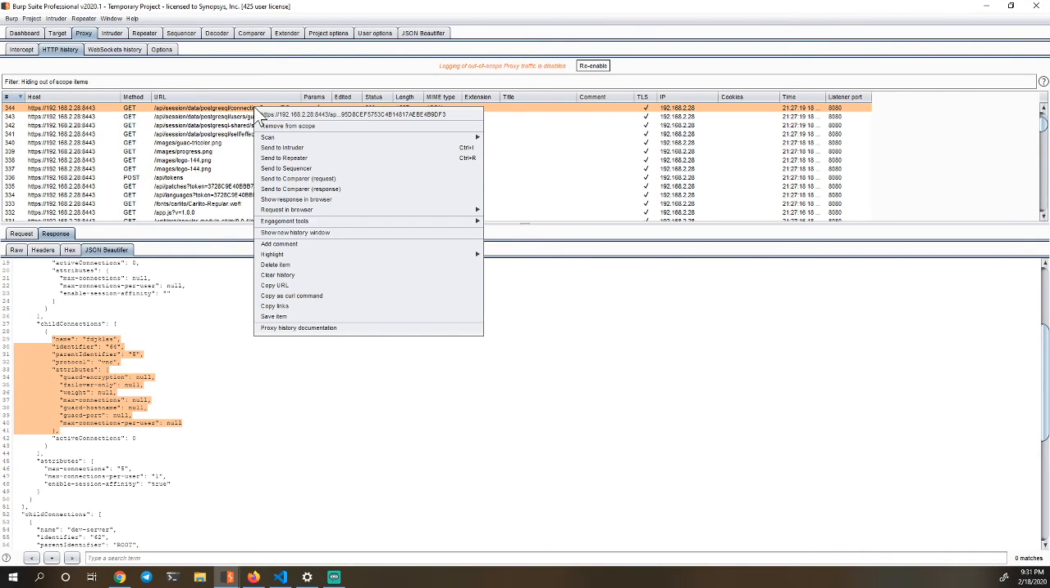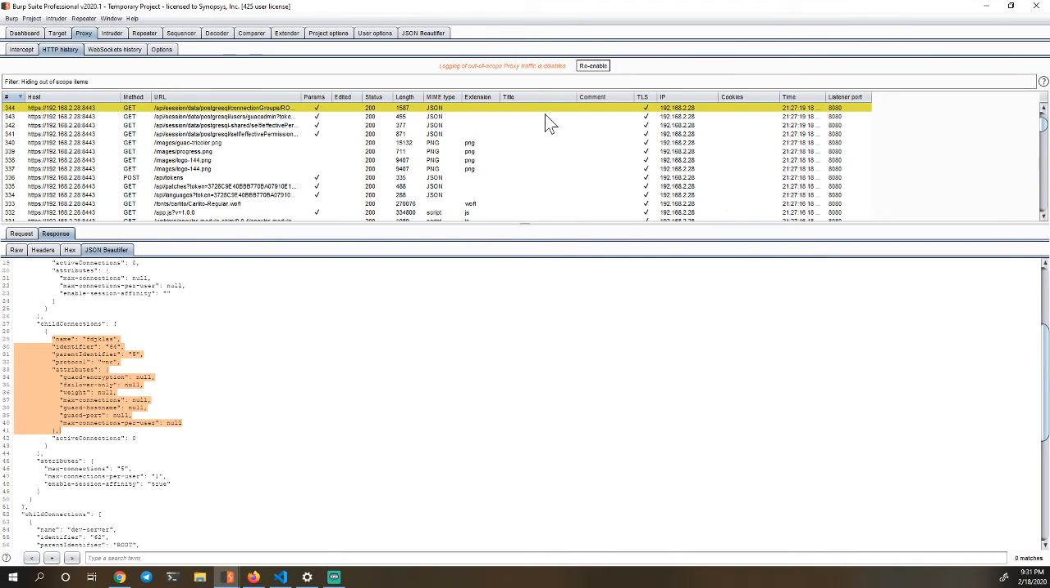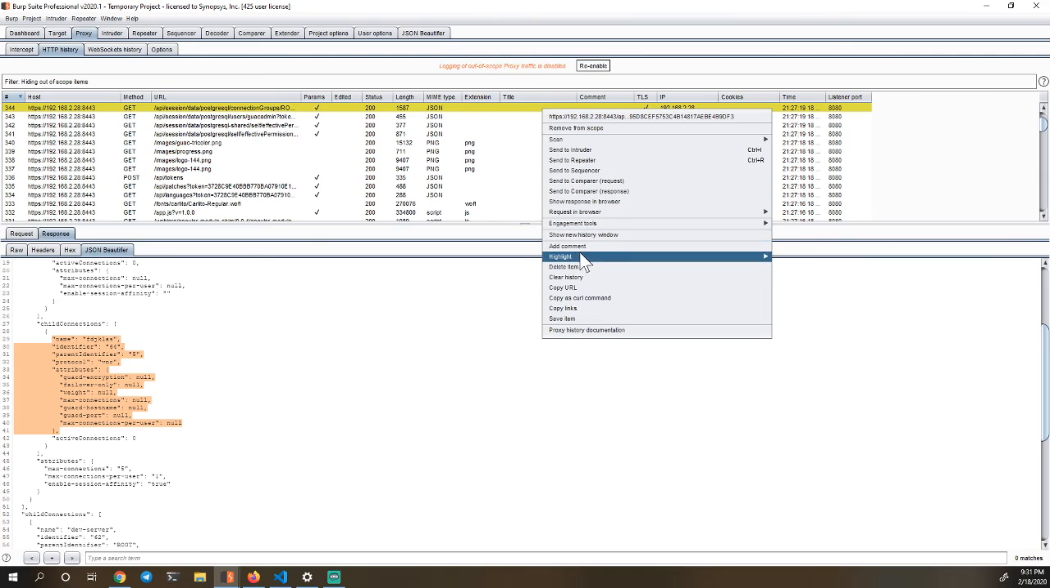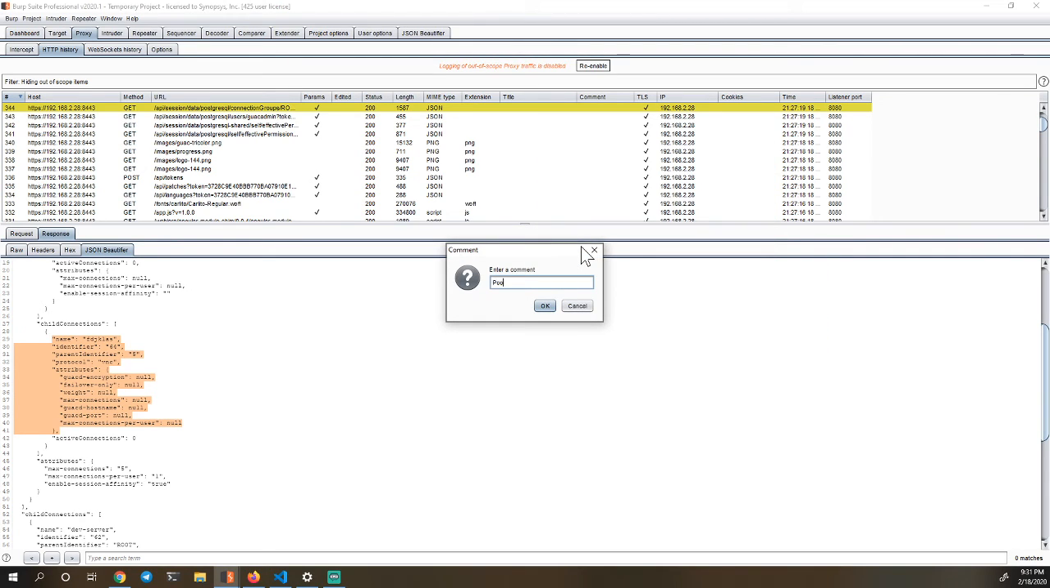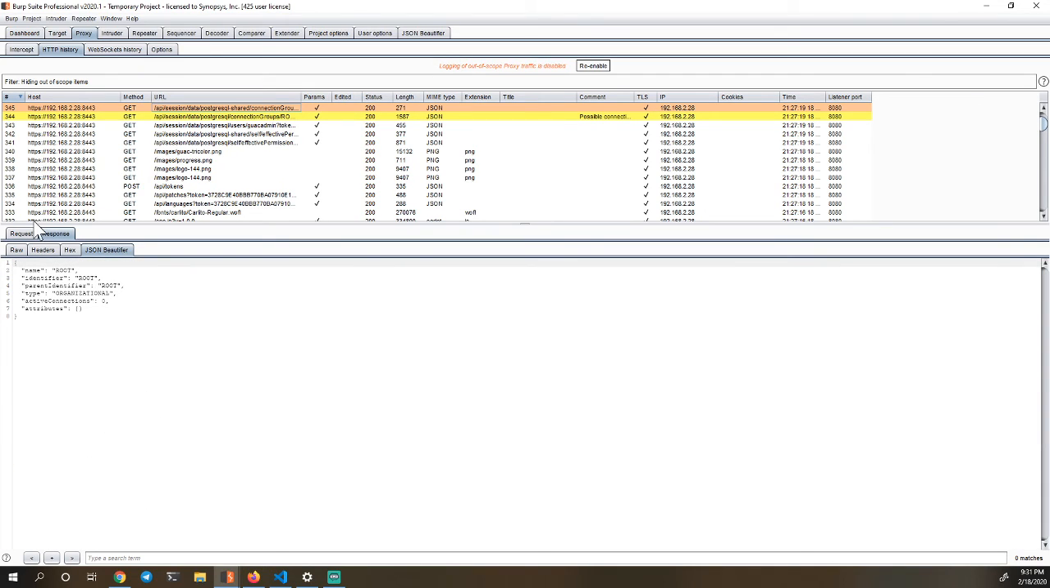Okay, so we're gonna highlight this one, and we're gonna add a comment to say possible connections, names to ID, because that looks like our best candidate to kind of query and pull data out. We'll have to do some parsing of that data, but